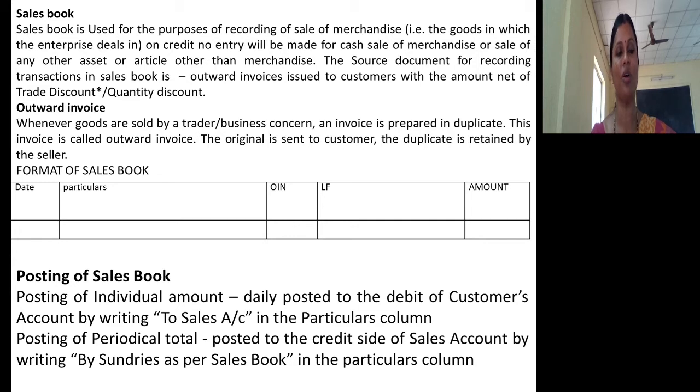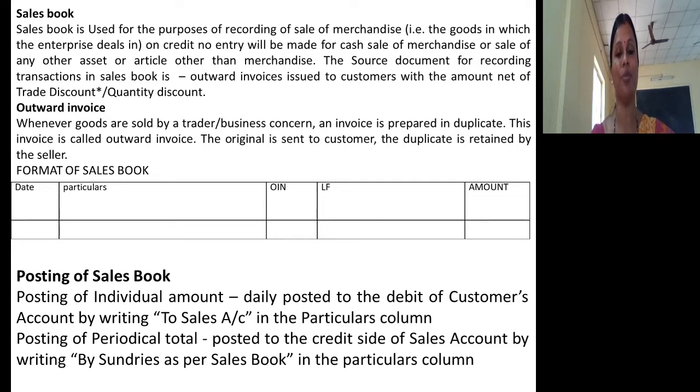So let me concentrate on the sales book. We studied in session 21 that a special book of original entry, or special journal, maintained for the purpose of recording sale of goods, particularly on credit basis, constitutes the sales book. It means the sales book is a special journal maintained specifically for recording sale of merchandise on credit basis only. If the organization sells goods on cash basis, or sells anything other than merchandise on credit or cash basis, that will not be recorded in the sales book.